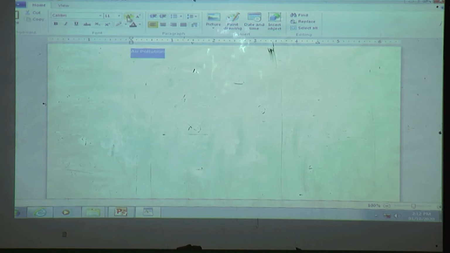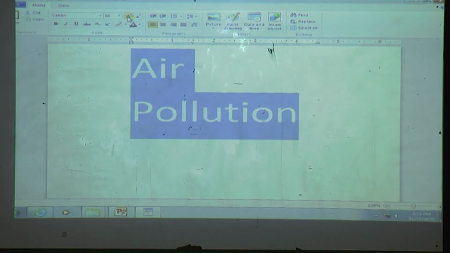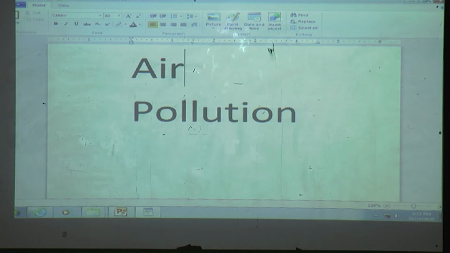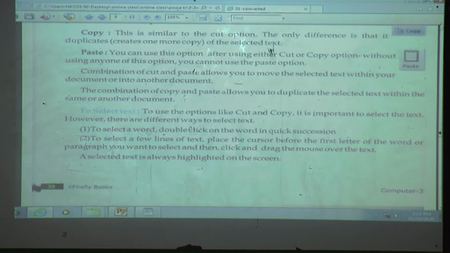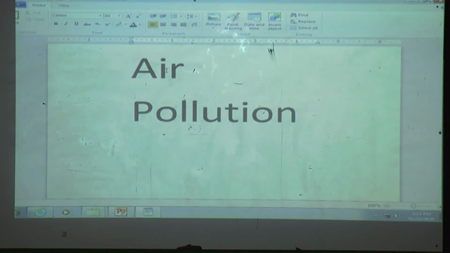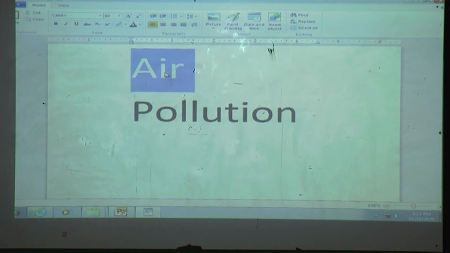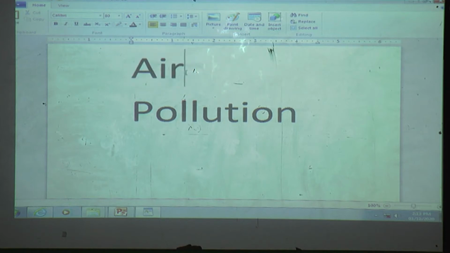Air is one word and position is another word. Right? Now suppose we want to select only one single word. Then how to select it? To select a word, double click on the word. Suppose we want to select this word, then double click. Continuously 2 times click by using the mouse, which button? Good, left button. Then this word will be selected.